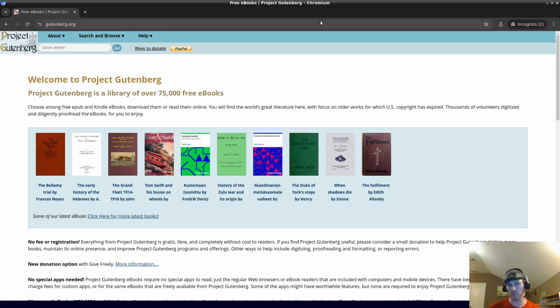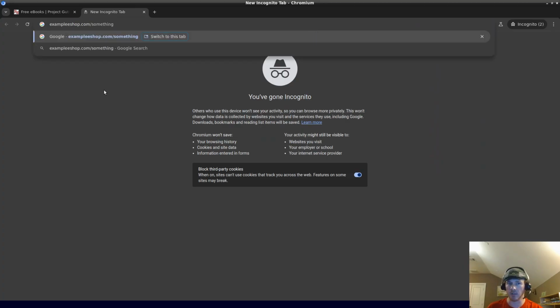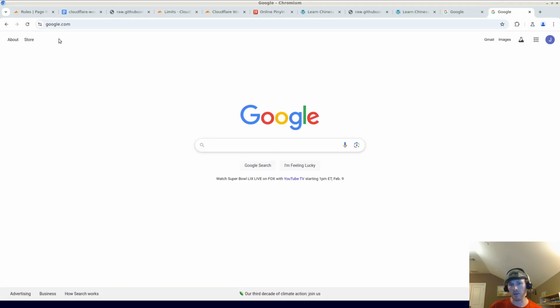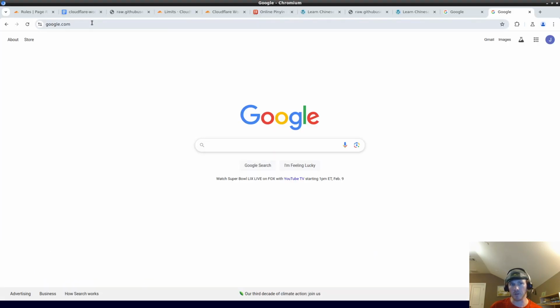So it just went to gutenberg.org. I'm using incognito mode, so it doesn't use the cache, but I'll show you one more time here. So if you go to exampleeshop.com/something, it should redirect to Gutenberg. All right, and since I've already mentioned Google,